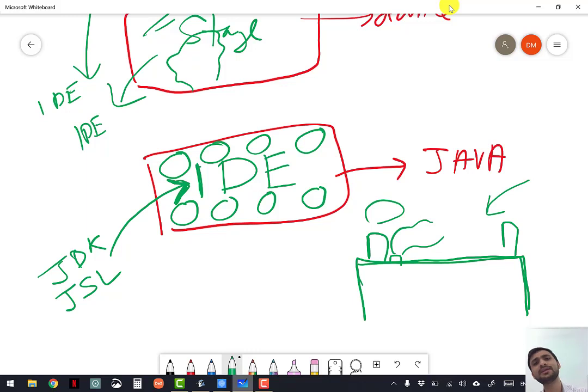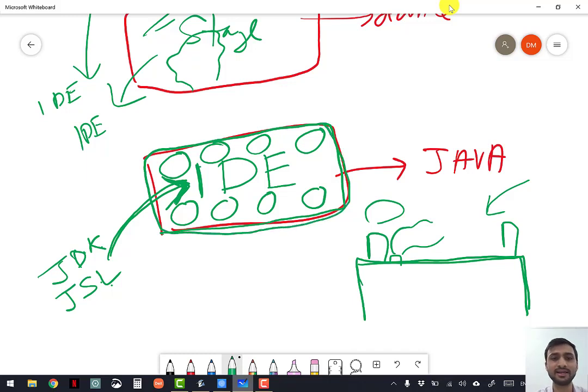Everything has to be attached to that environment to make it more powerful. All these tools are present in JDK and all the libraries are present in JSL. So all this has to be present in that platform. Combined, this is known as an integrated development environment, a suitable environment to create Java.